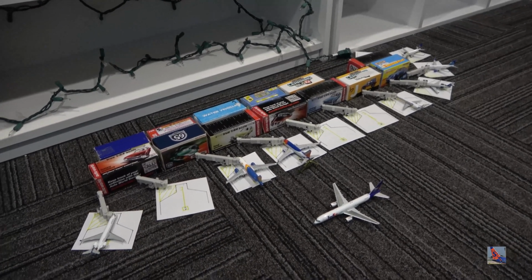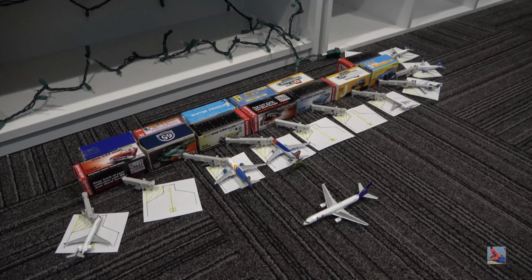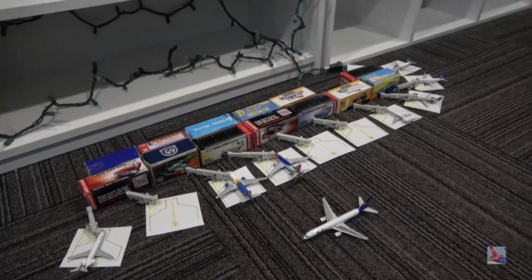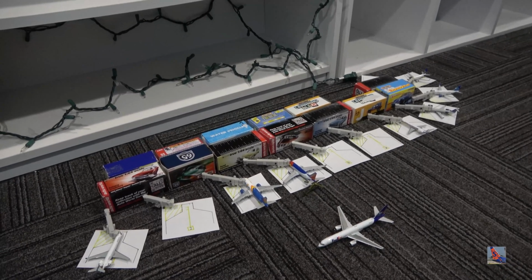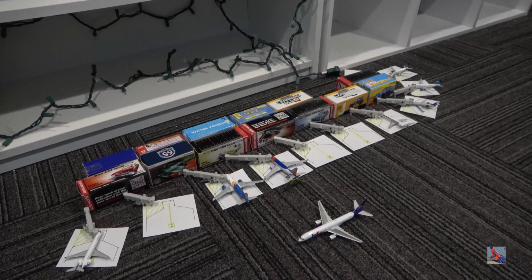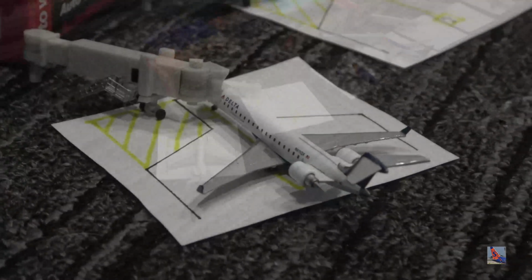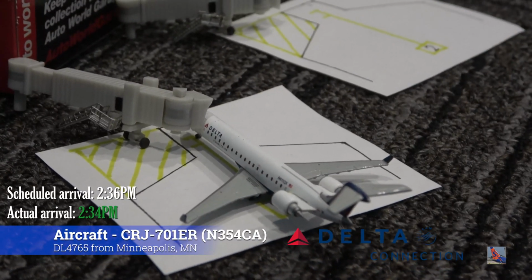I honestly have to say, this is the best looking airport that I've done so far in this series. It looks really cool, just with the straight line of gates, and then there's a little area over on the right side where the gates kind of circle around the terminal. So we'll go ahead and start off at gate number 1, which is this Delta Connection CRJ 700, arrived in